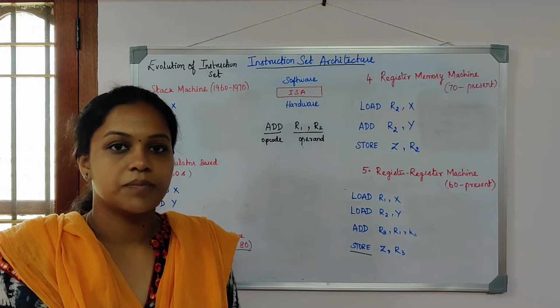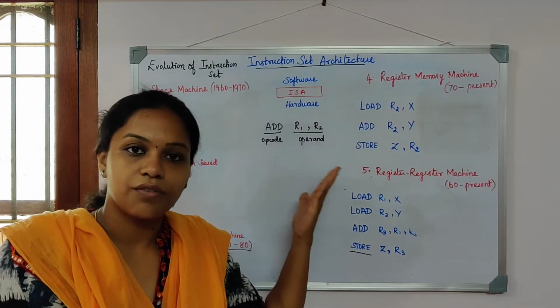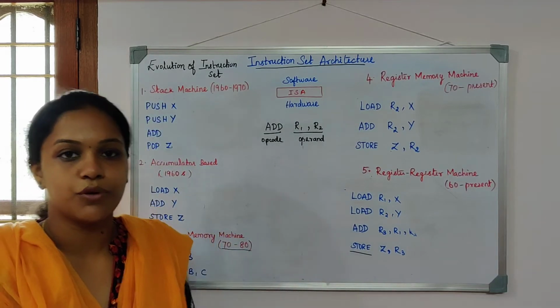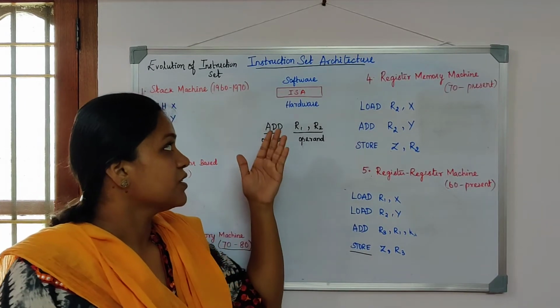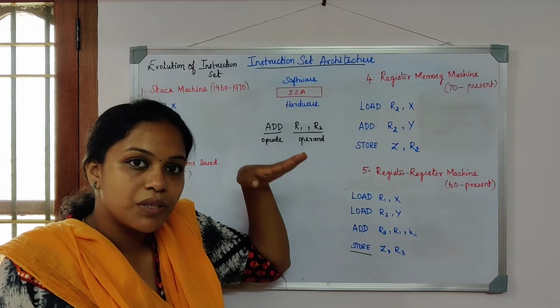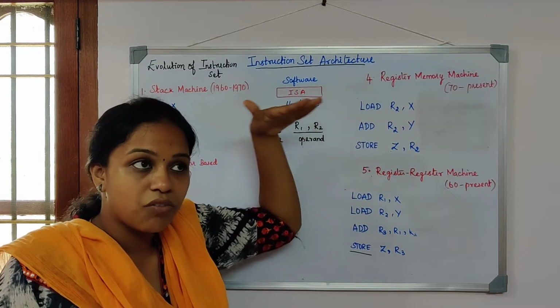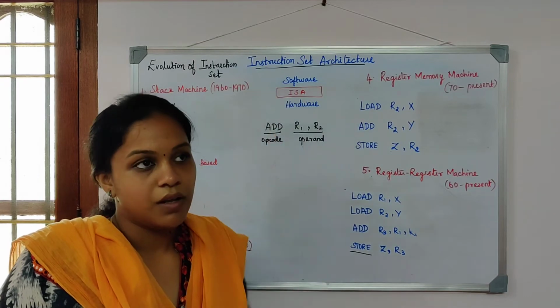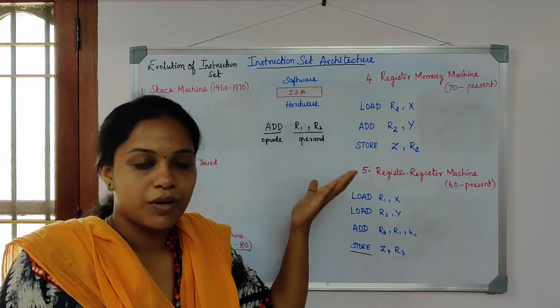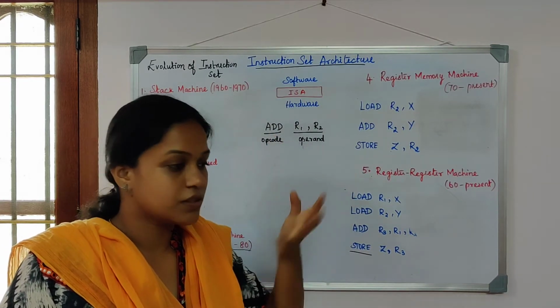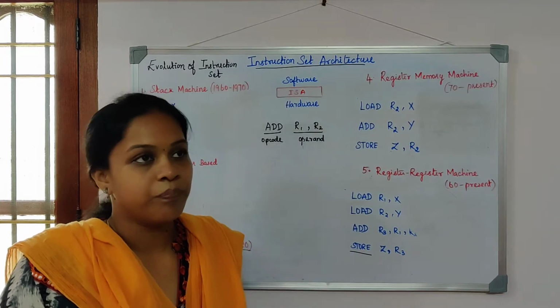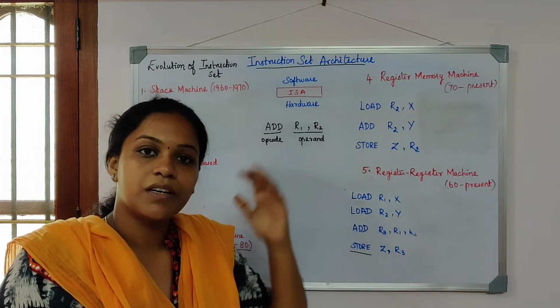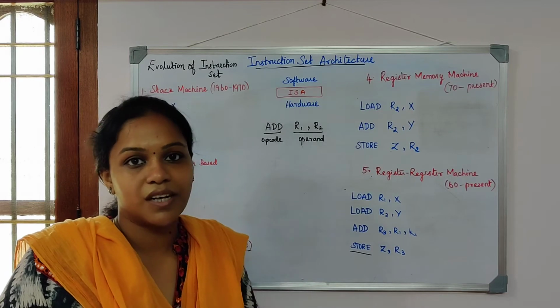Instruction set architecture serves as an interface between the software and the hardware part of the computer system. Software, as we know, is purely a program, a high level program which is easily readable. How is that program converted into the machine understandable form?